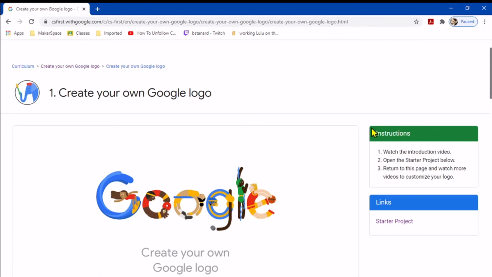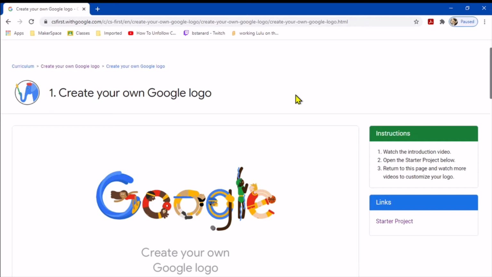What you're going to have basically is two tabs open. And what I would do is make these the only two tabs open in this particular window. Right now, if this tab happens to be in a window with lots of other things open, I would go up here to the tab itself, right click on it, and move the tab to a new window, which is the third item down. That way, this will be the window in which you do all of your CS First